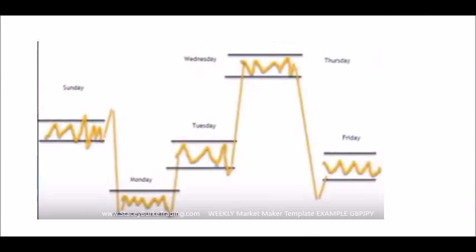Today we're going to go over an example of last week's pound and pound yen pairs just to show the basic market maker template, how this pattern or these templates show up over and over again in the markets, and how we can break that down into our 12 candle rule or whatever time you're trading at to break this down into the simplest of strategies, so that when you can identify, number one, if you're in an up or